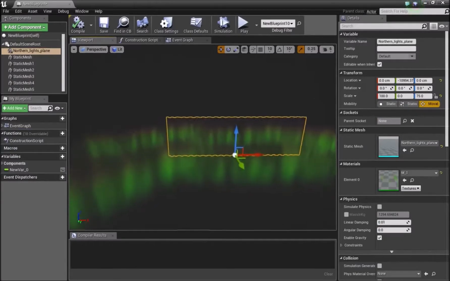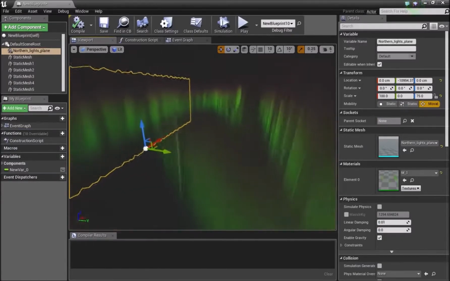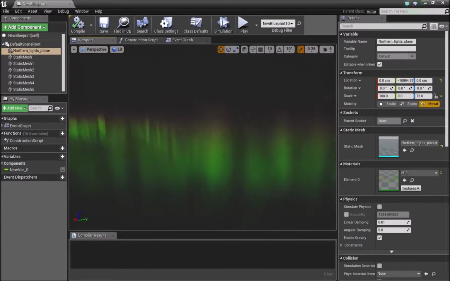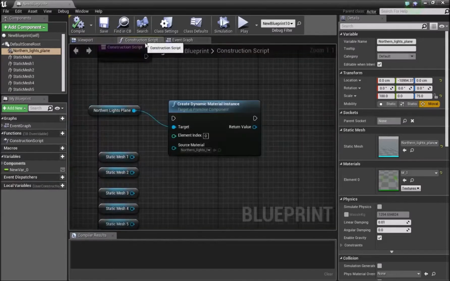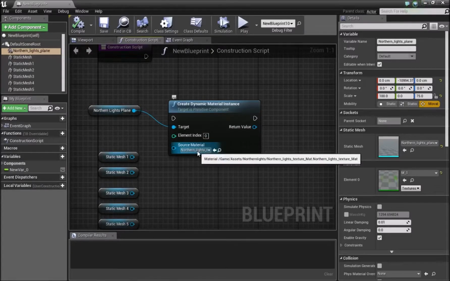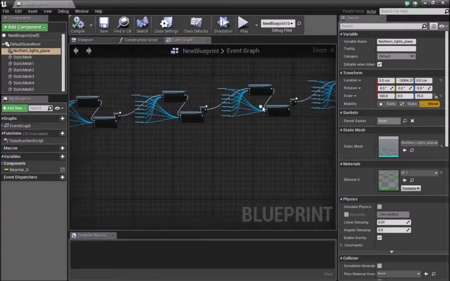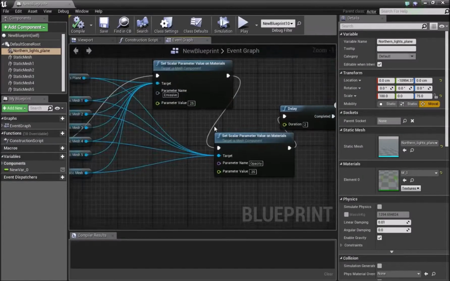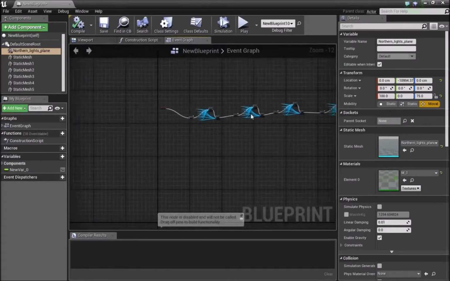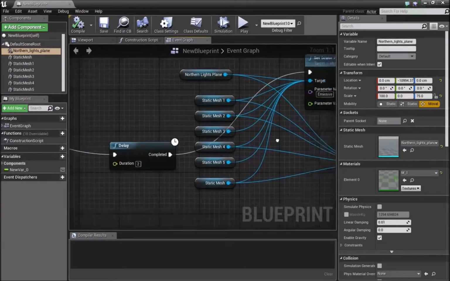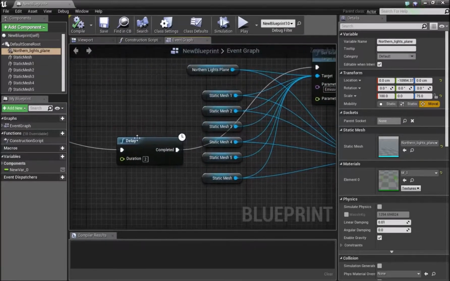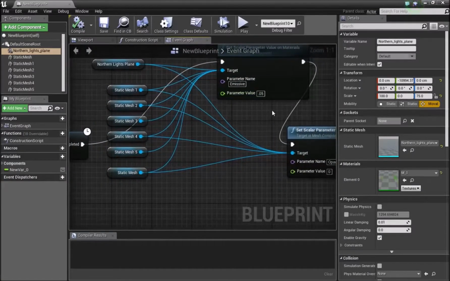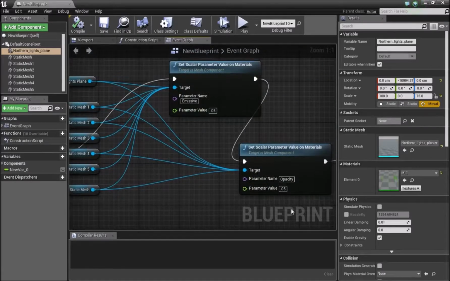I just literally copied them, pasted them, and rotated them to face different angles. That gives it a nice look if you were to look at it from the side. And then I went to the construction script. I created a dynamic material instance for the Northern Lights, the original material that I had. And then in the event graph, so I started off with, if I can get to the beginning, as you guys can see, I copied and pasted a lot in here. So I started off with a value of 0 in the original material instance, and after every 2-second delay, I just kept turning it up by 0.05,